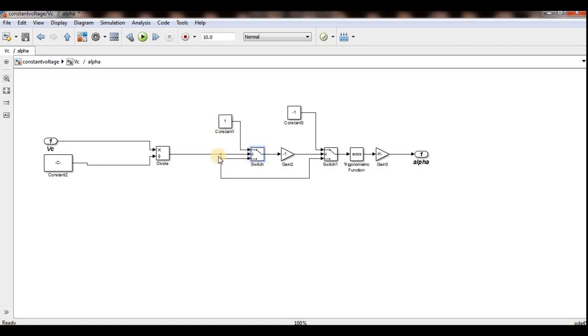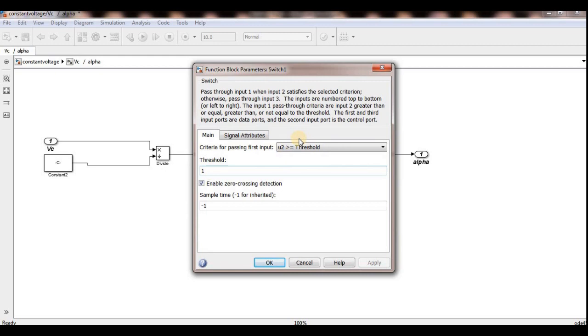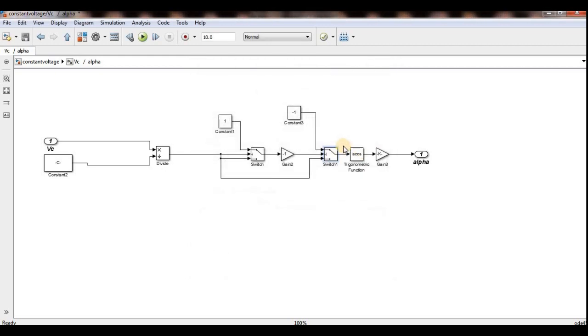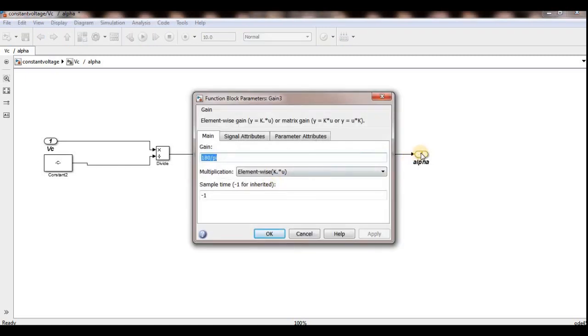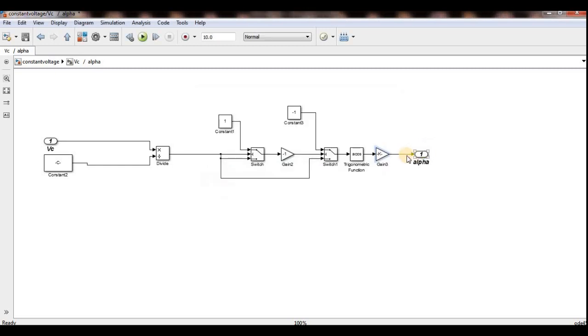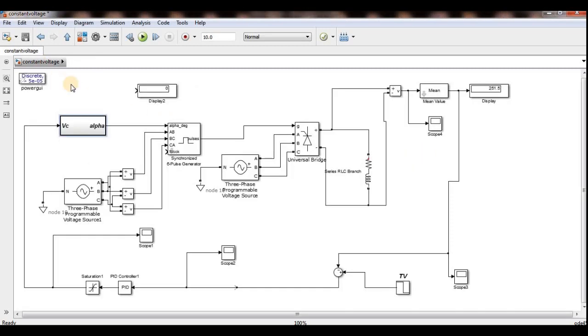If it is less than 1, then whatever output is there will come. Again I am multiplying with -1 and comparing, because for alpha above 90 degrees, cos alpha will be negative. So here also my threshold is 1 and it is also greater than. So I can get the value, the A cos, the cos inverse, so I can get the alpha. Alpha here is in radians, so again I am converting into degrees. 180 by pi is the factor, so now I can get the alpha in degrees.